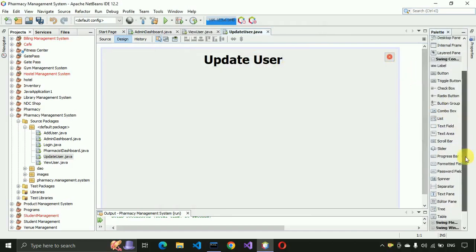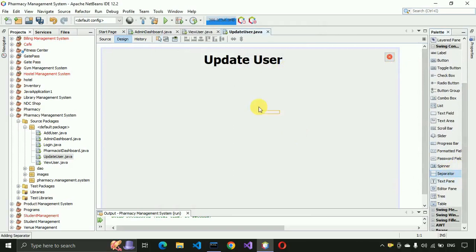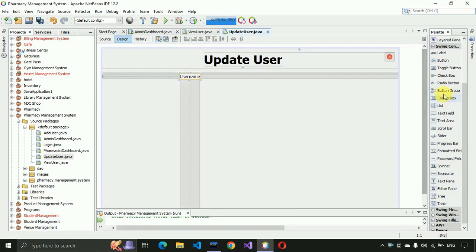And after that we need a separator. From here we are going to get the separator, and we are going to increase the size to 850. After that we have to design the form. So first let me put a label over here, and here we have to write user name, and then we need a text field. Let me place it over here and increase the size to 300,